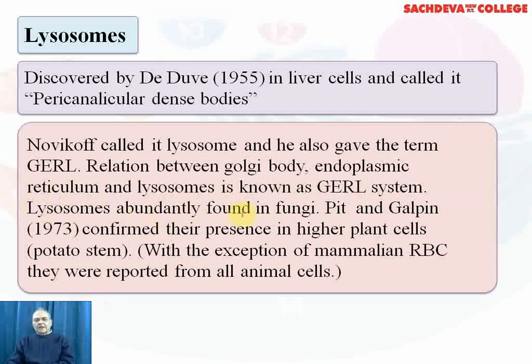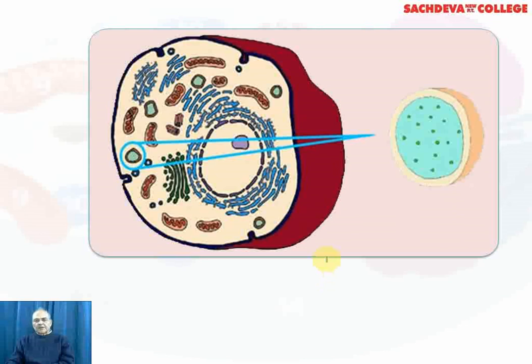Lysosomes are abundantly found in fungi. Pitt and Galvin, 1973, confirmed their presence in the higher plant cells. That is, he observed it in potato stem. With the exception of mammalian RBC, they are reported from all animal cells. Here you can see